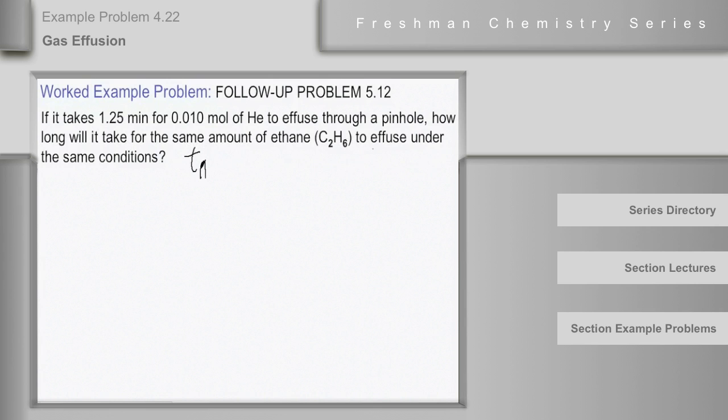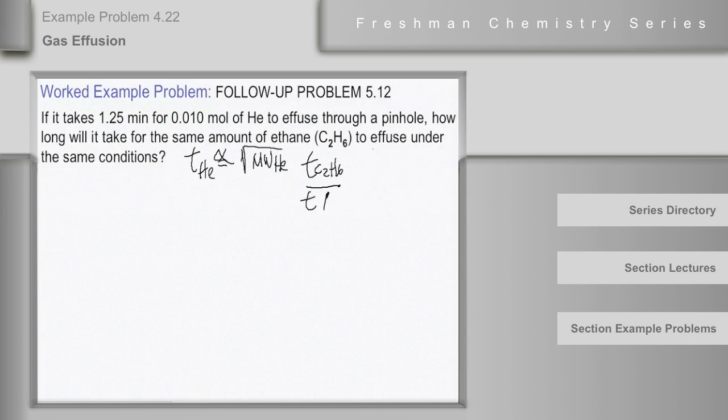Graham's law says that in terms of the time taken, the time is proportional to the square root of the molecular weight of the gas, helium in this case. The way we usually see Graham's law used is in terms of a ratio. So in this case, since we have helium and C2H6, and we're given the time for the helium to effuse, and we're asked for the time for the C2H6 ethane to effuse, we should set up the ratio this way. T C2H6